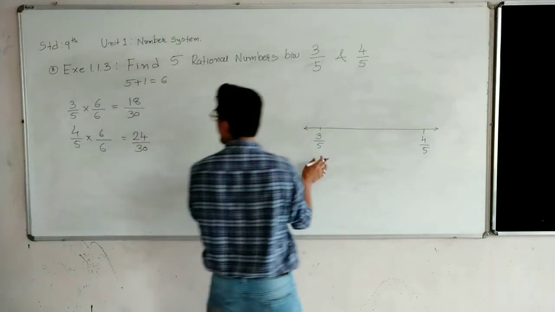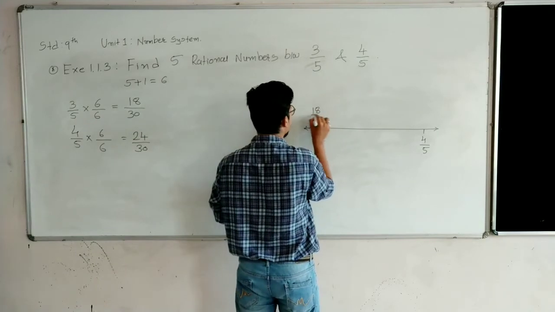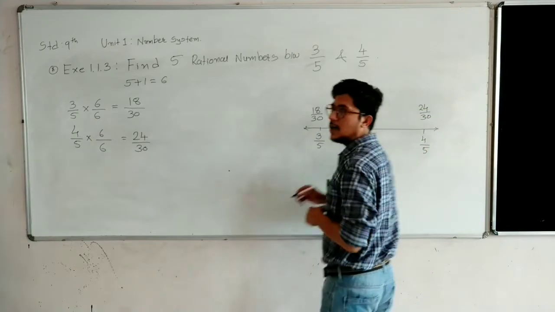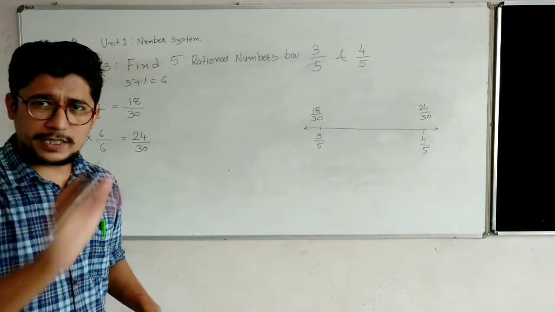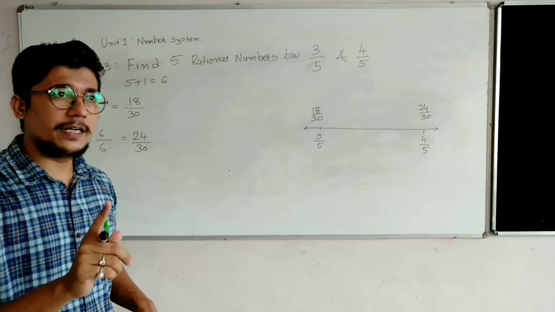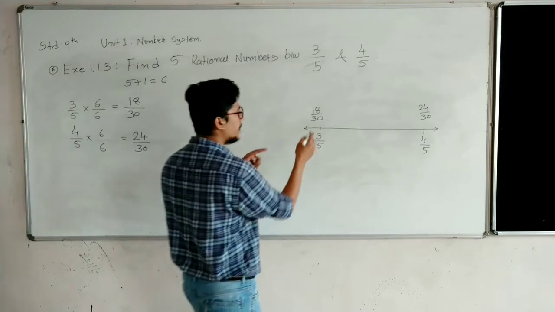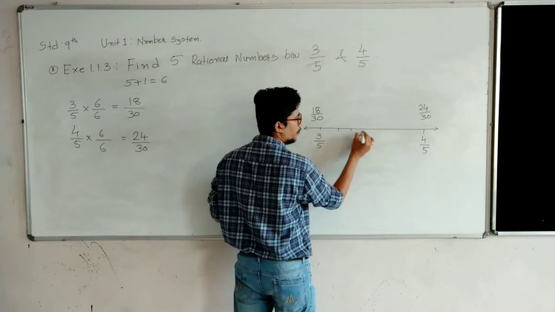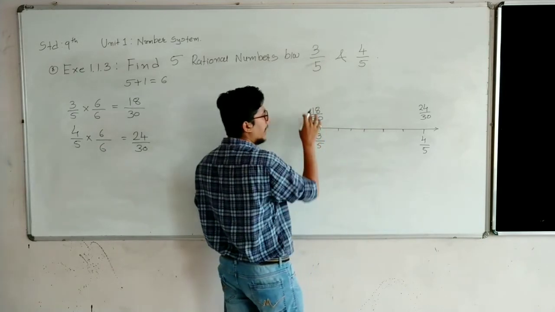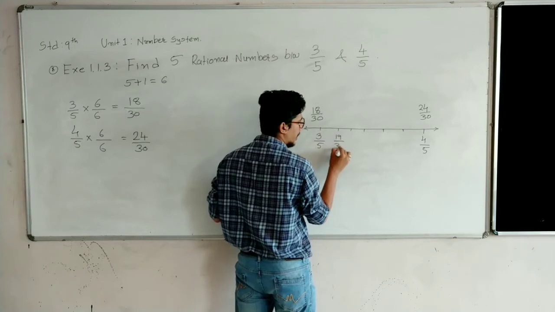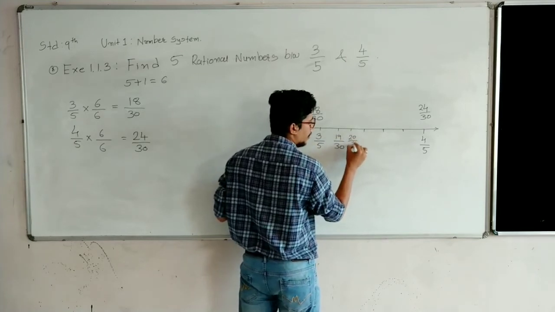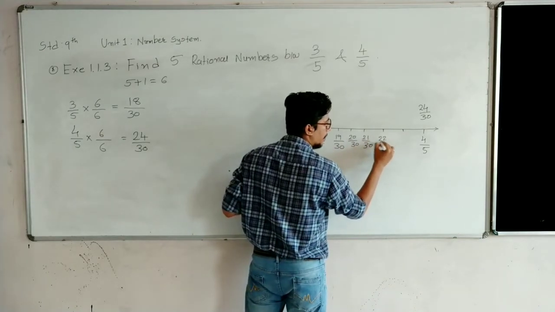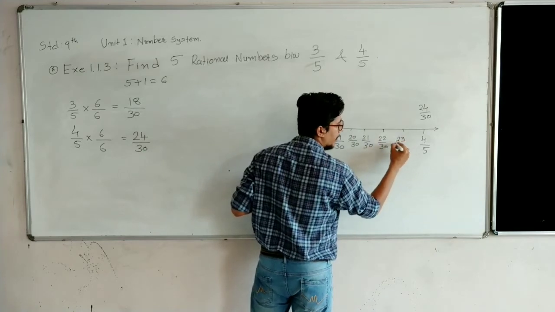I am indicating on a number line, that is 18 by 30 and 24 upon 30. Again, the procedure is the same. You have to do nothing but add 1 in ascending order from leftward to rightward. That is 18 upon 30 is there. Initially, how many numbers are there? 5 numbers, so indicate 1, 2, 3, 4 and 5. Your work is done. 18 plus 1 is 19 upon 30. 19 plus 1 is 20 upon 30. 20 plus 1 is 21 upon 30. Similarly, 22 upon 30. Similarly, 23 upon 30.